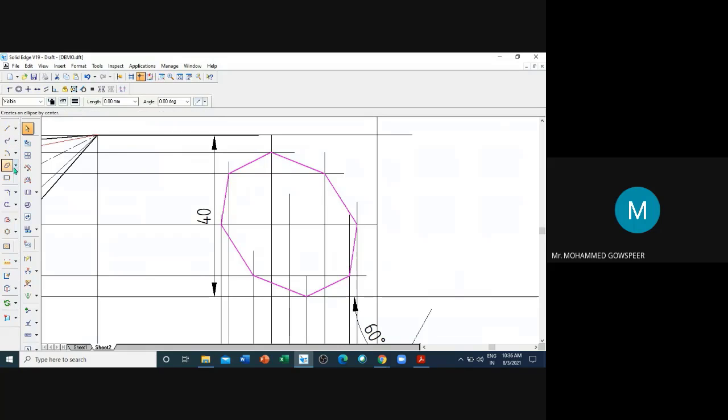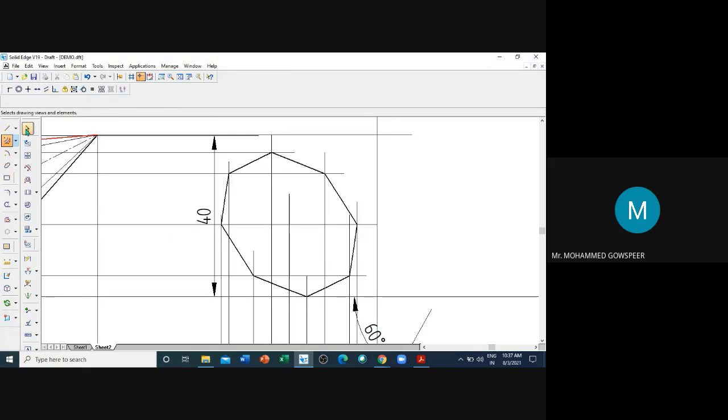Then here, convert to curve. Select the lines and click on this convert to curve. It automatically will convert as a curve.